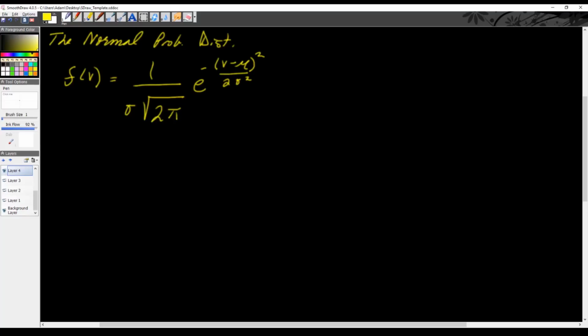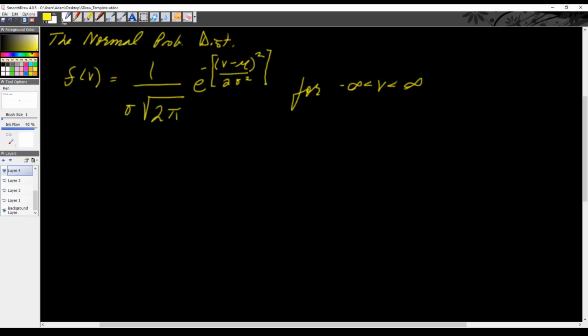So all of this is the exponent. So e raised to the exponent of the negative of a particular value of the variable minus the average, the true population average, squared, divided by 2 sigma squared. And this is for all values of v less than infinity but greater than